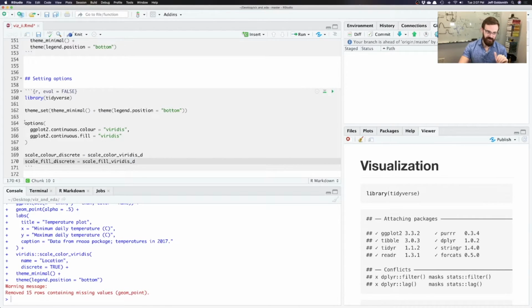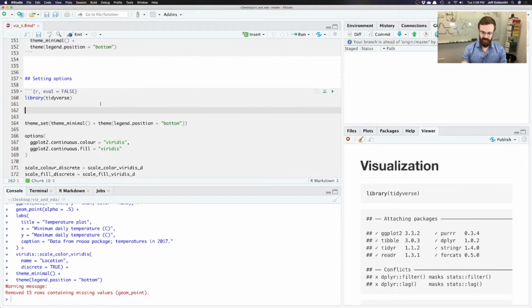And all of this stuff, I know it looks a little bit strange, and to some extent, don't worry about it. What all of these options are going to do is just make sure that every plot that I use has the Viridis color palette. These update the themes to be minimal everywhere and to put the legends on the bottom for every plot that I make. And then the last couple of things that I like to include that have to do with plots